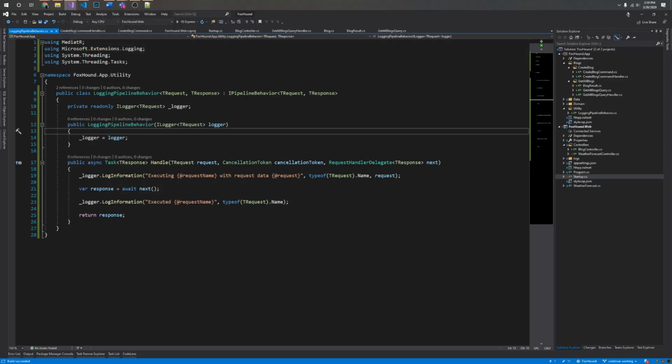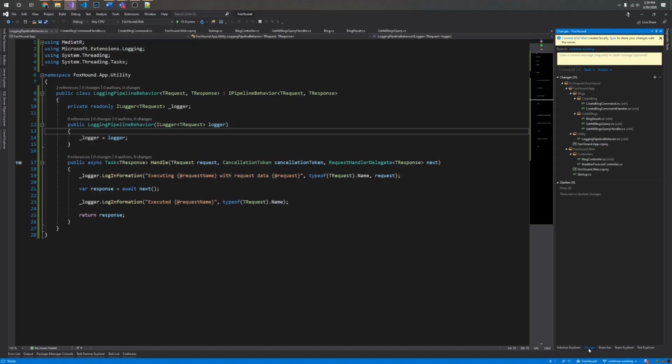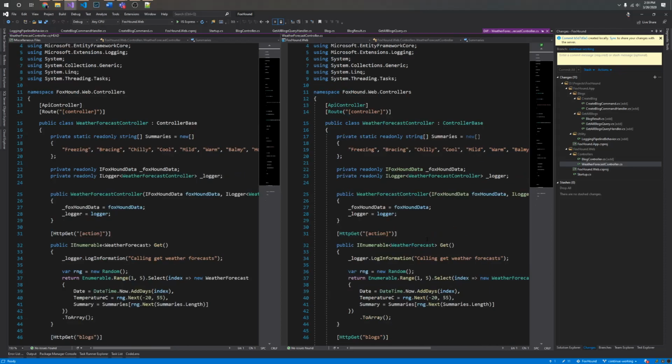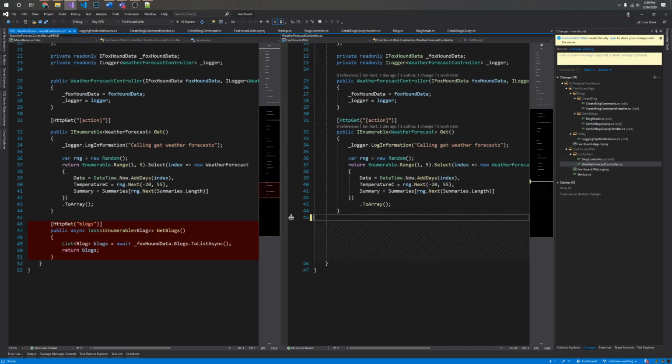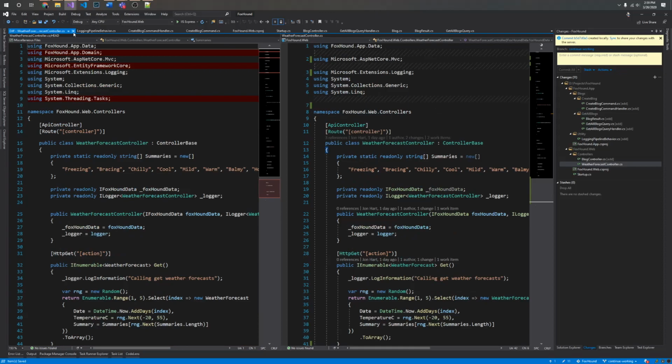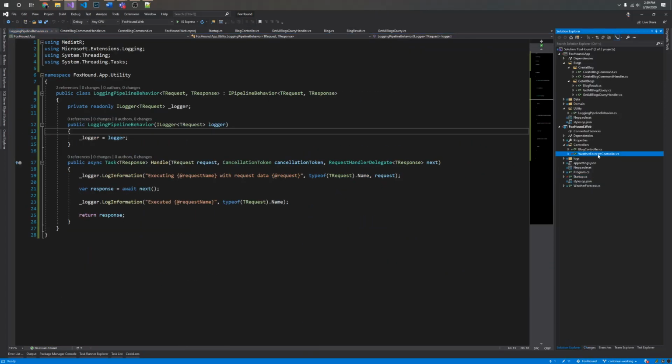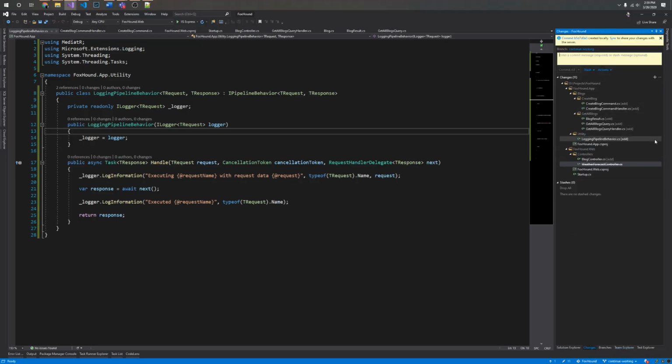Anything else? Delete that. Actually, I'm just going to delete this whole weather forecast controller. I don't think we need it. So I'm going to add a commit here for added MediatR. Traditionally, the Git commits might not be that big, but